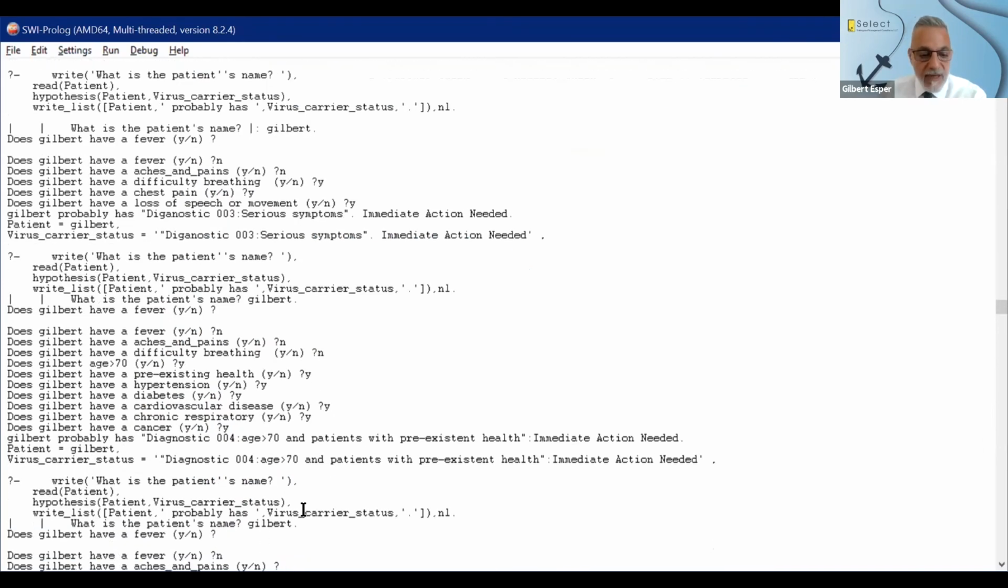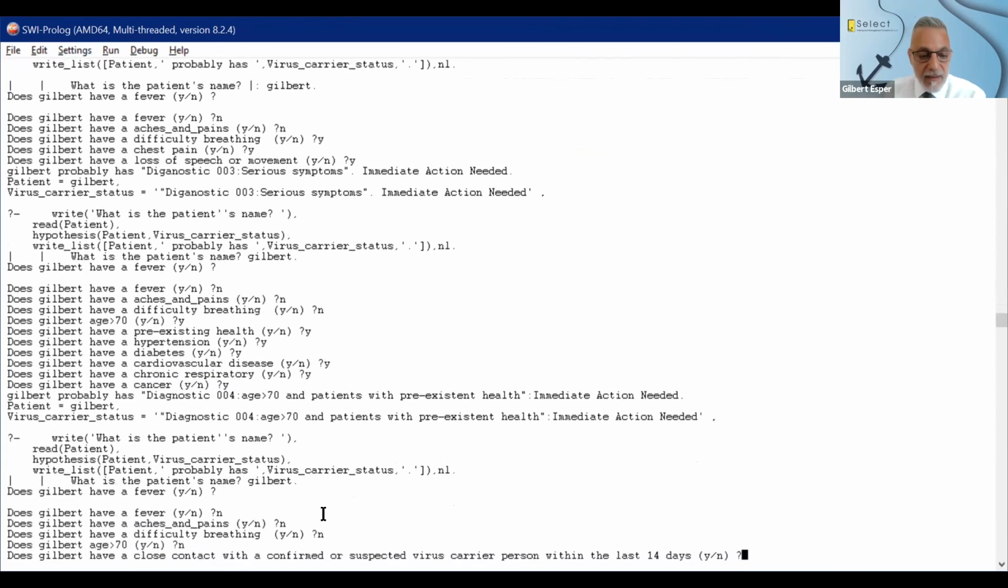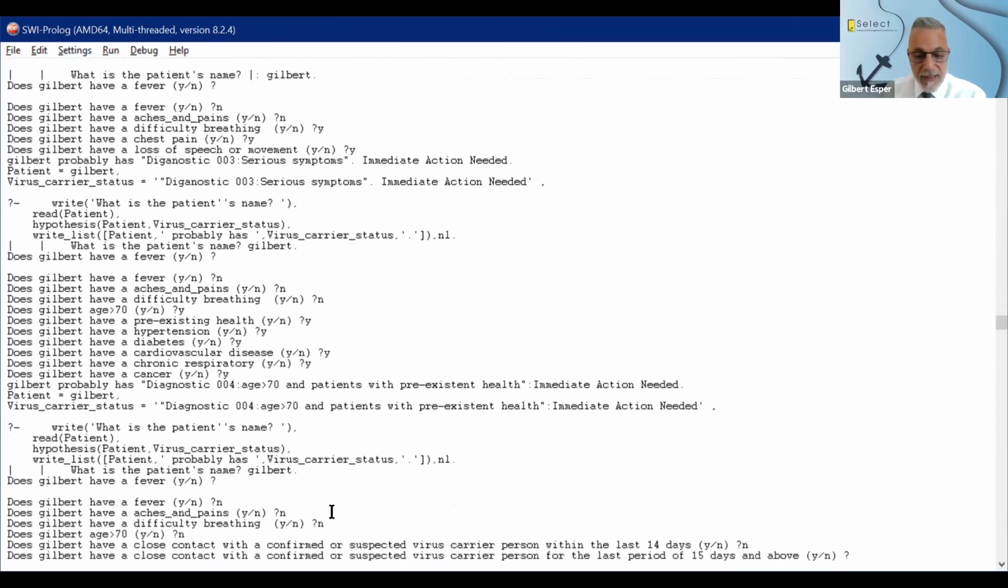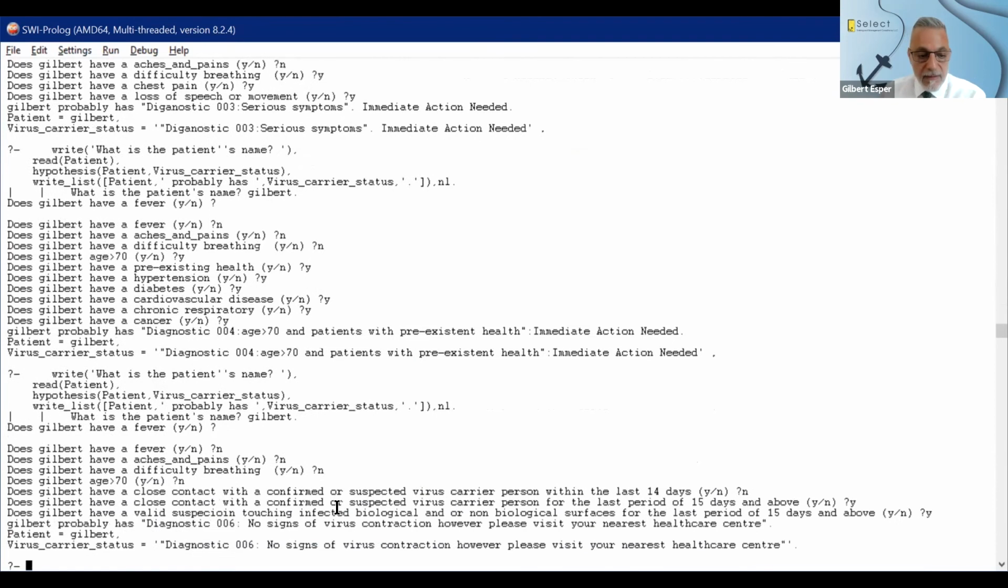For example, if I have nothing, the system will go through until the end. So no sign of virus contraction. However, please visit your nearest healthcare center. So many options, many generations. But if you look at the system, it's not user-friendly. We're just developing this one. This is